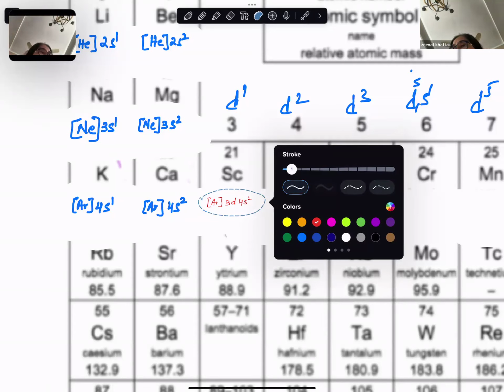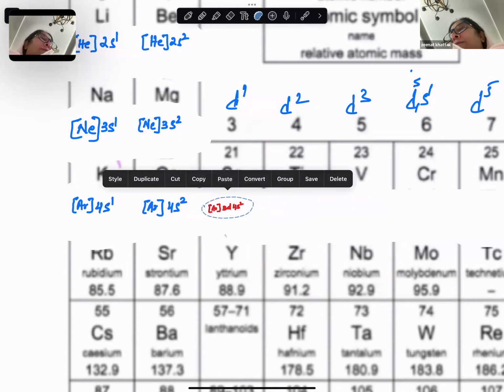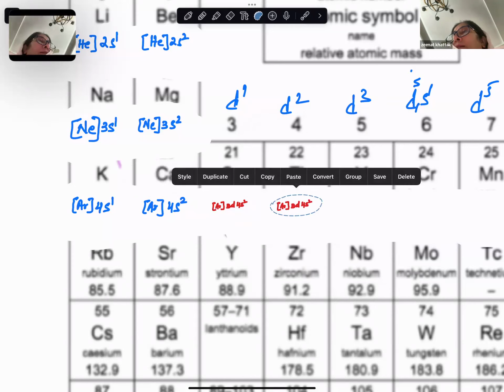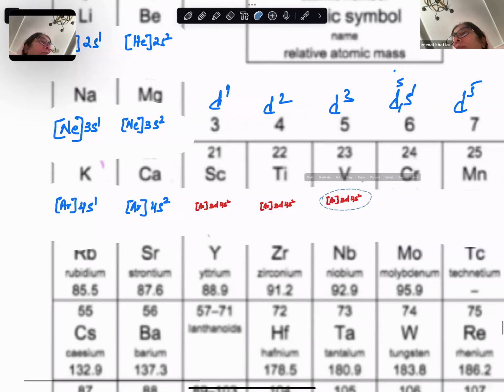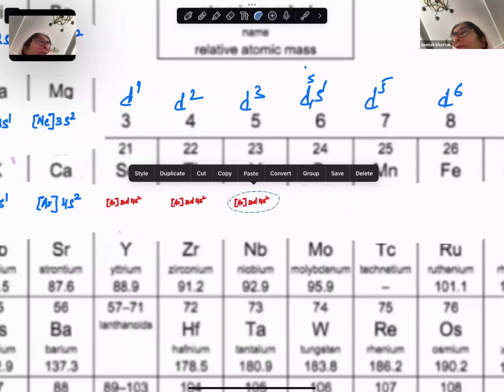I'm making it red and I want to put it in the video. And now